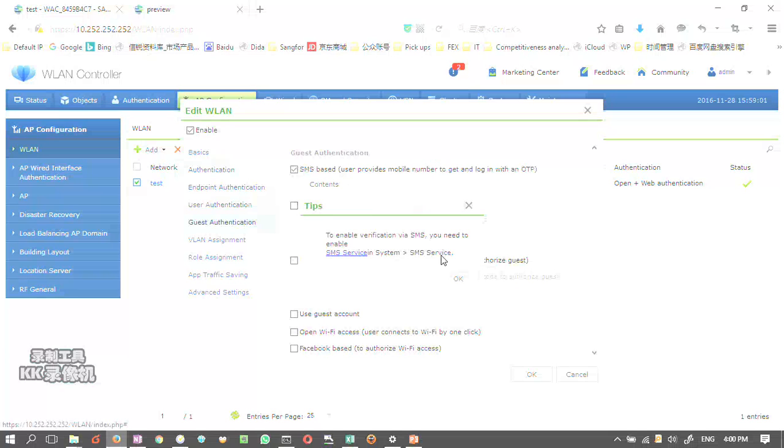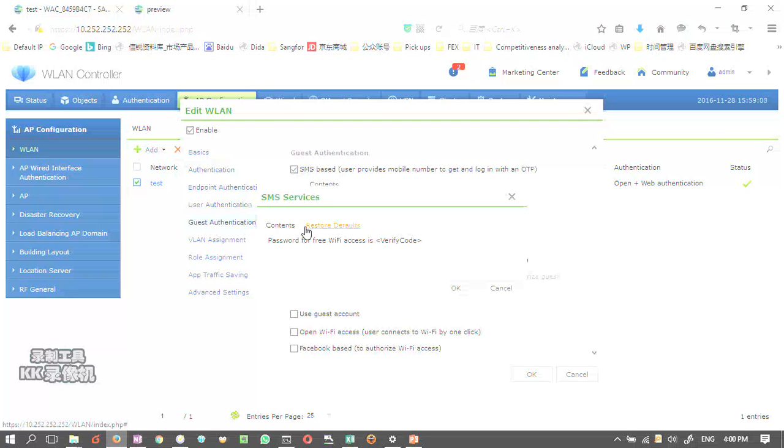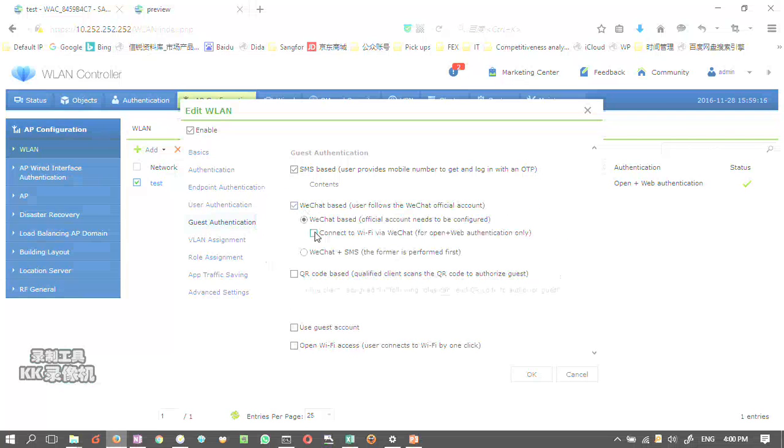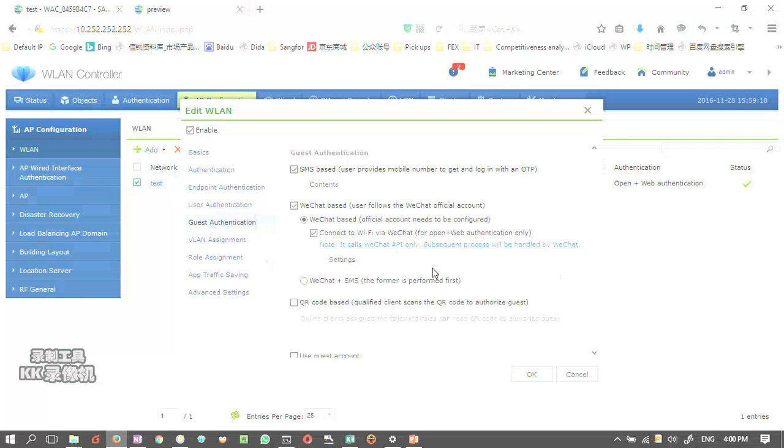For the guest authentication, first is the SMS authentication, and we can send an SMS message to the clients and get authenticated. And then the WeChat based, first we have to apply for, actually for now this WeChat. I don't know whether you guys use WeChat